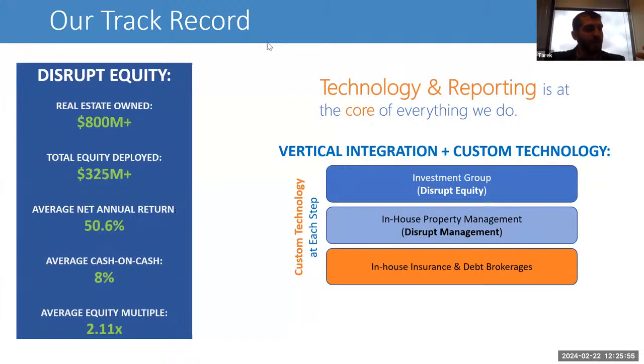And on top of that, we also have in-house insurance and in-house debt brokerages. So quick note on the insurance side, because it is so key these days. In the past year or two, really, you've seen insurance rates spike up, not just a slight increase, it's spiked up, and anyone in the real estate world can tell you how bad it's gotten. But part of how we've been able to insulate ourselves from these effects and mitigate the concerns